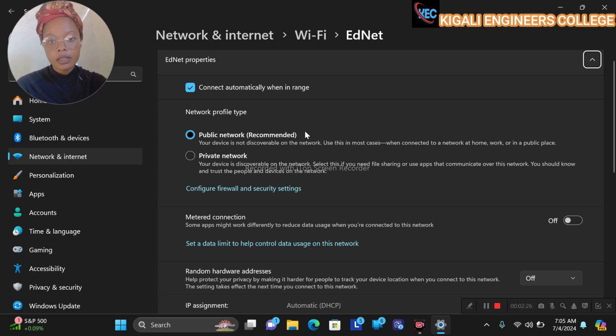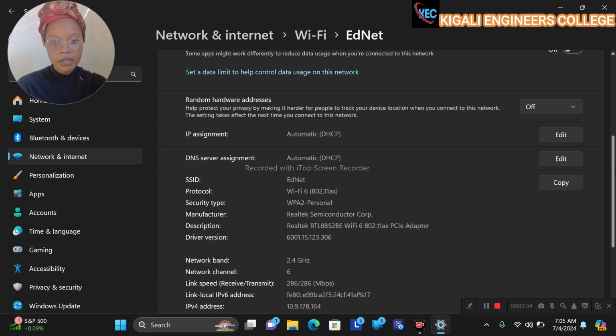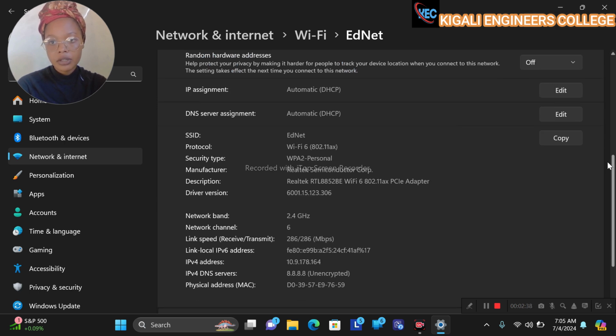Then the network profile is public, it is not private. And then another useful piece of information you can know here is IP assignment. We are using DHCP. Don't forget this DHCP is